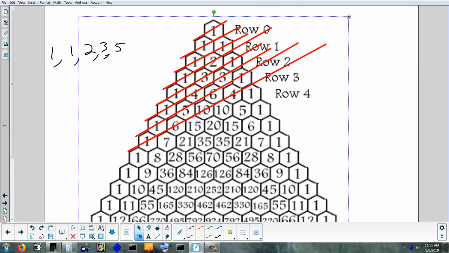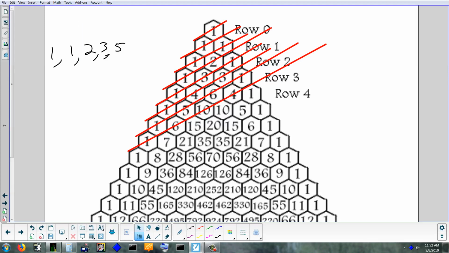Okay? A little weird because you start with row 0, you don't start with row 1, but we're going to talk more about this triangle later. But I just wanted to show you that the Fibonacci numbers are hidden kind of in that triangle. And kind of another weird thing, if I remember it correctly,